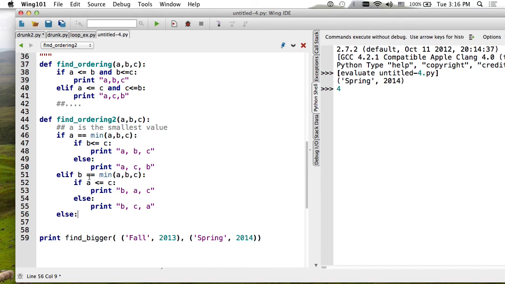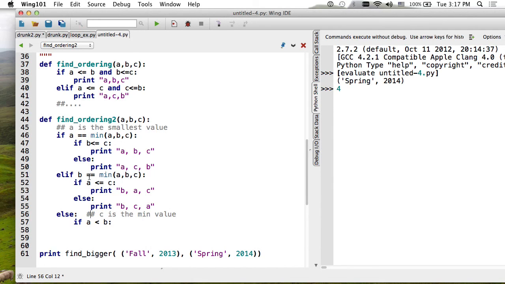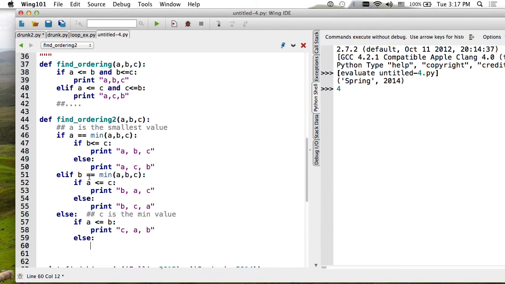Now, in the last part, I don't have to do the same thing because I know that A and B are not the minimum value. So in this case, C has to be the minimum value. All I need to do is check between A and B. So I know that C, A, B